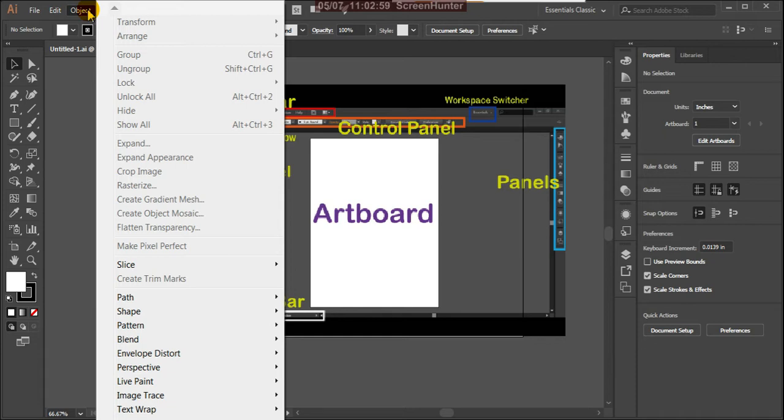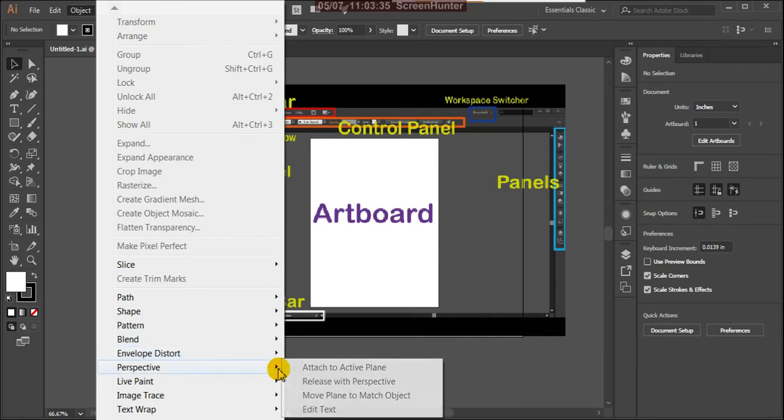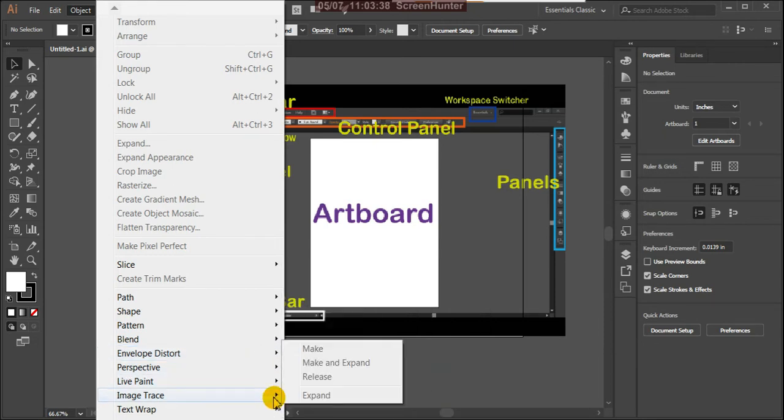Menu bar. In this menu bar, Object is another menu. In the transform of the object, you can transform your objects or otherwise arrange your objects differently. You can group and ungroup, lock, unlock, hide and expand appearance. So these are what we use. Okay, so slices, path, shape, patterns, blend, envelope, perspective, and this is live paint. So these are the